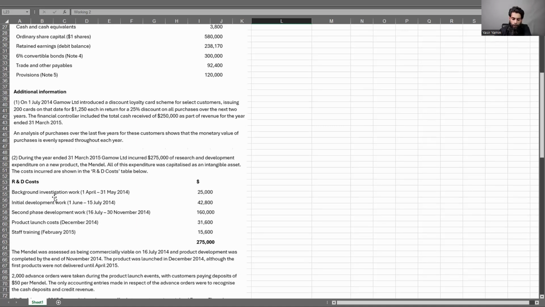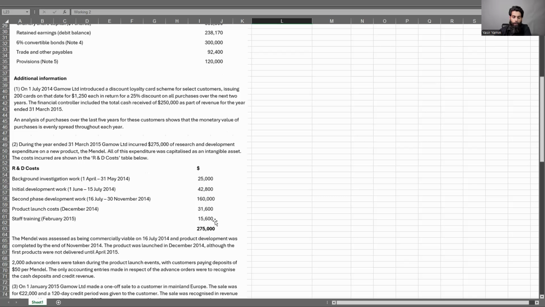In the table, you see the breakup of this 275,000. And with your help, we are going to decide what goes as a research expense, what goes as a development expense but not capitalized, and what can be capitalized. All right. So I'll keep on asking you, and you give me the answer, yes or no, if this is going to be capitalized, yes or no. Okay. So the first thing is